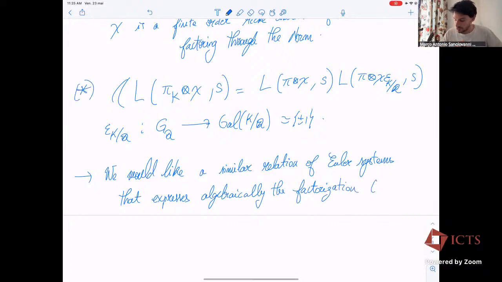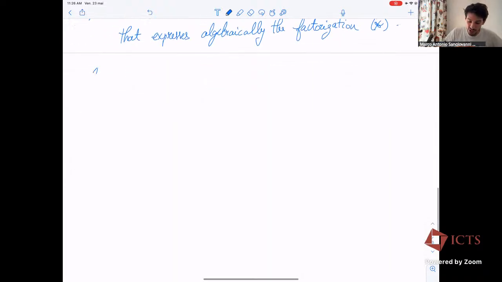So I call this relation star. Okay. So this is sort of the motivation: to try to have a very similar picture to cyclotomic units, elliptic units, Kato's Euler system, and then another Euler system. Okay. So now the question is where to look